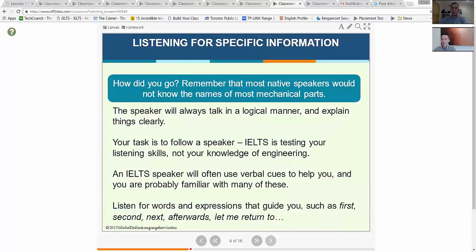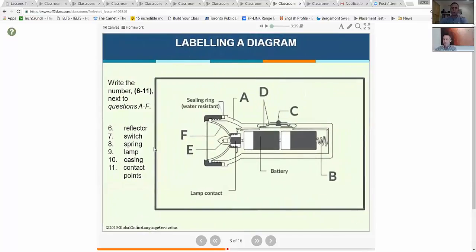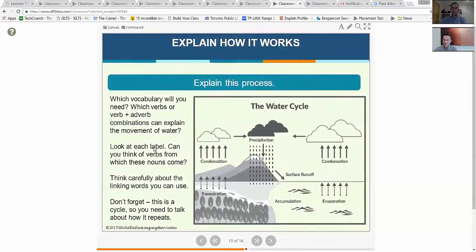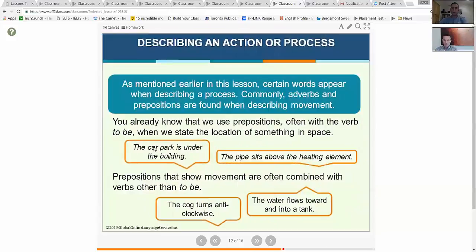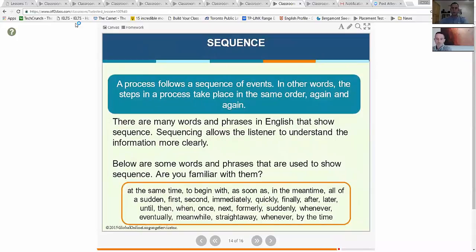There's a whole barrel that you can go through, and I actually put them here, for example, in the flashlight one. This recording you will see is 3.5 minutes long. Lots of language next to this, after reaching this point, etc. So I would go through, let me just see, here we go. So lots of great linking words that you will use when teaching diagrams